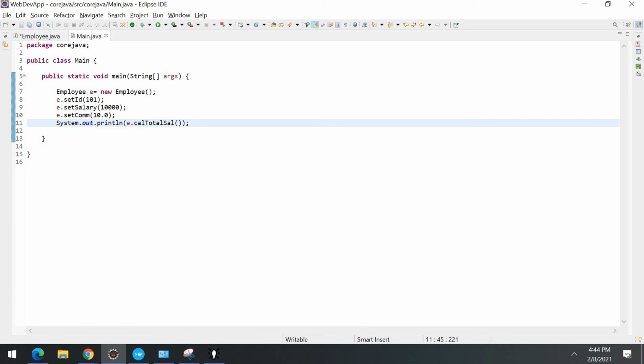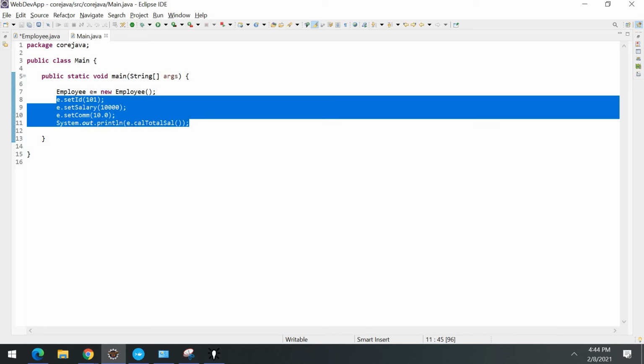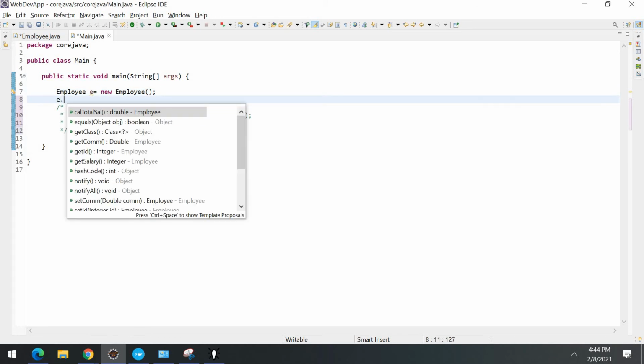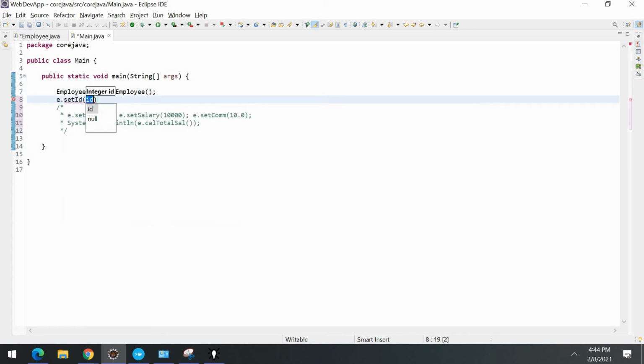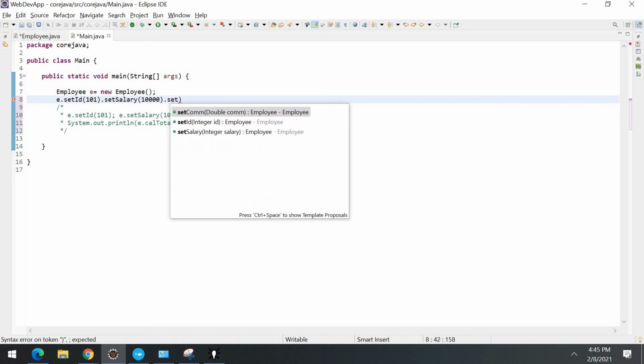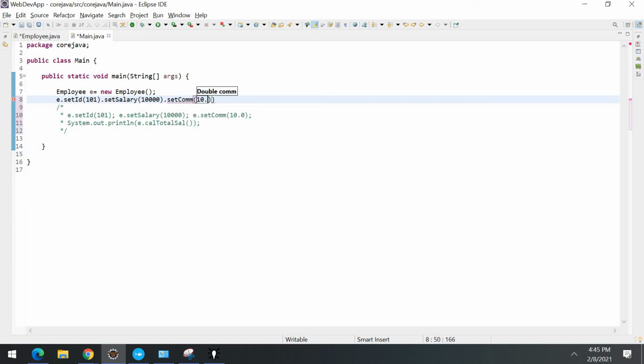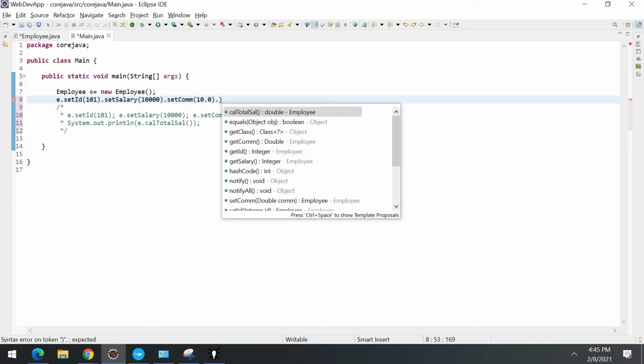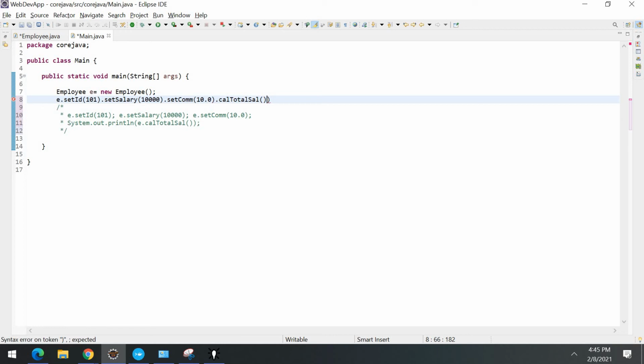So instead of doing all this, just comment it out and come here, and you can simply write e dot setId, pass here 101, then dot setSalary, pass whatever salary you have passed, then setCommission, and then you just call the calculate method.